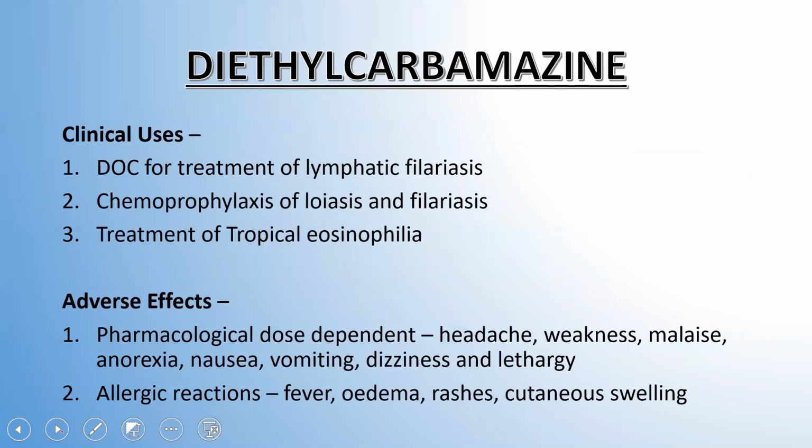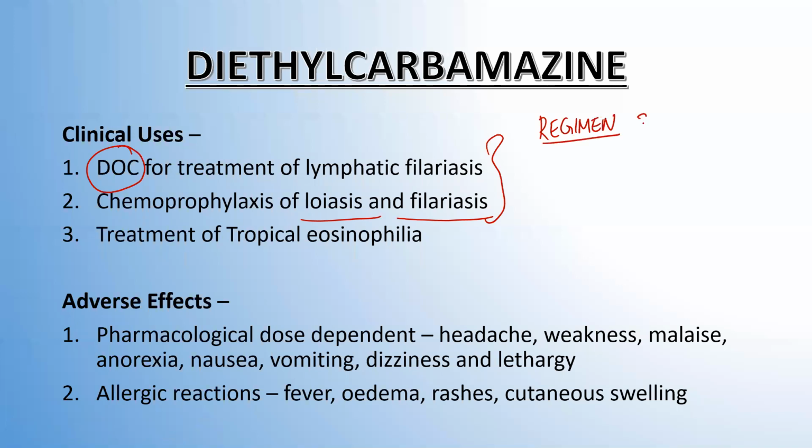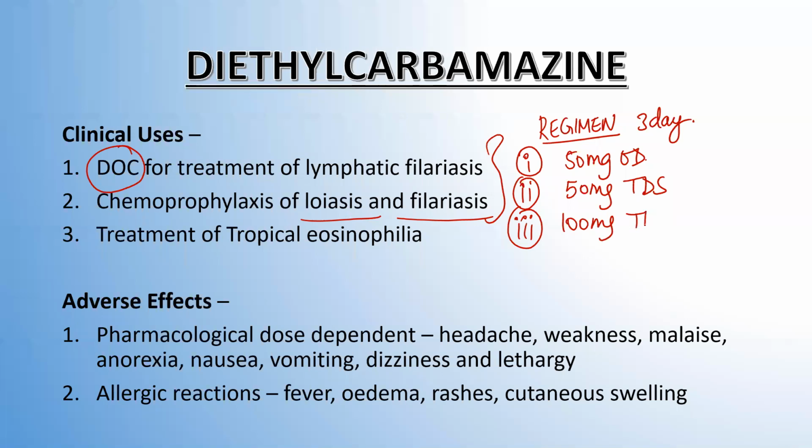Looking at the clinical uses, it is actually a drug of choice for the treatment of lymphatic filariasis. Right. Now, it is also used in the chemoprophylaxis of loiasis and filariasis. And what these three things have in common is the regimen. The regimen is a 3-day regimen, and on the first day, you have to give 50 milligrams. On the second day, you have to give 50 milligrams TDS. On the third day, you have to give 100 milligrams TDS or TID. Then after the 3-day regimen is done, you have to continue with 2 milligram per kg body weight